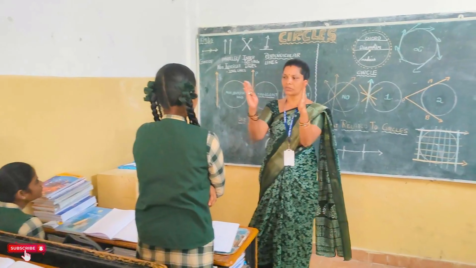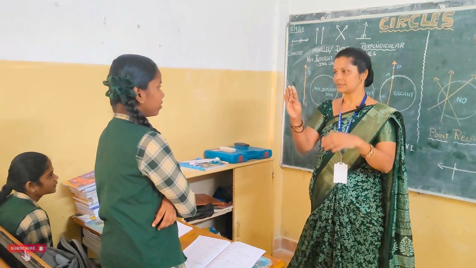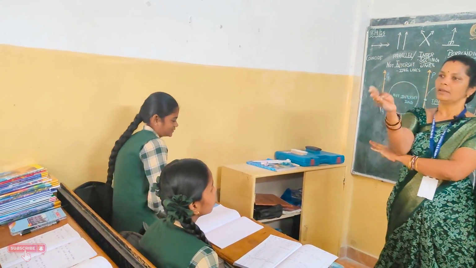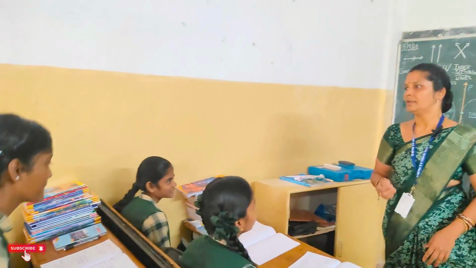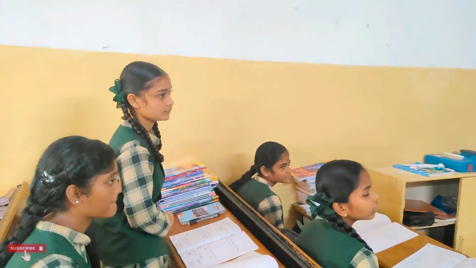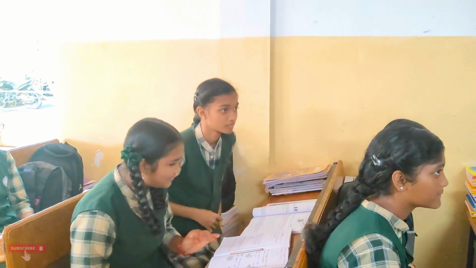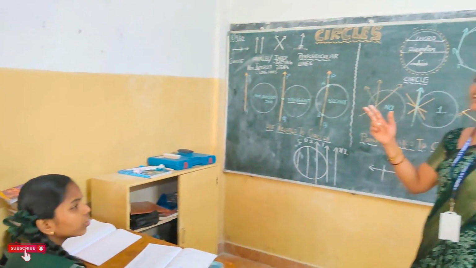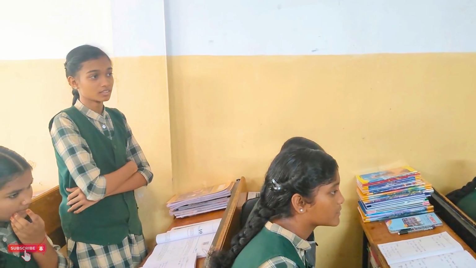Stand up yourself. When both the lines are parallel to each other, then they are called parallel lines. When they intersect each other, they are called intersecting lines. When they stand perpendicularly, they are called perpendicular lines. A circle has how many points? Infinity points. One circle has how many tangents? Infinity tangents. The line segment is taken from a part of the